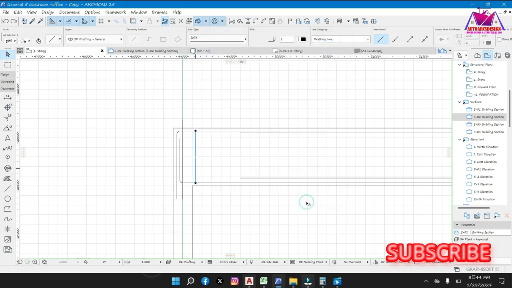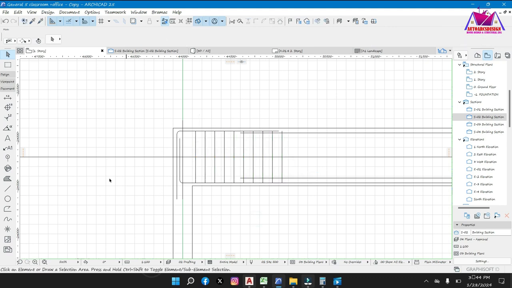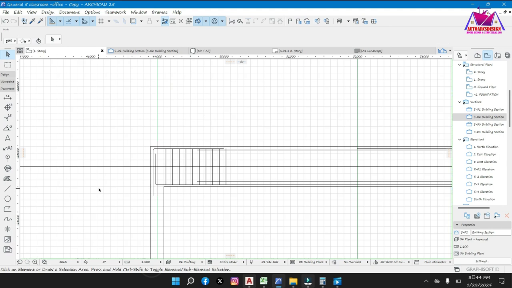So then click OK, select a point, then just move in the horizontal direction to where you want to finish this spread out, which will be quarter the span. So there we go. We have the spreads,